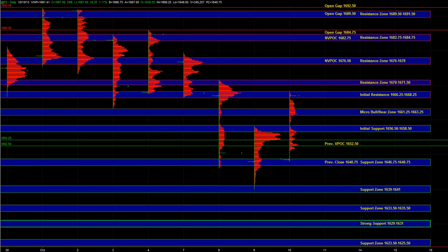and now is it still worth buying? Right? I mean, it was a good long at support, but is it still a good long up here? And I don't feel that's the case. I think that at these resistance zones that we're trading at right now, it's a bit risky to enter long,